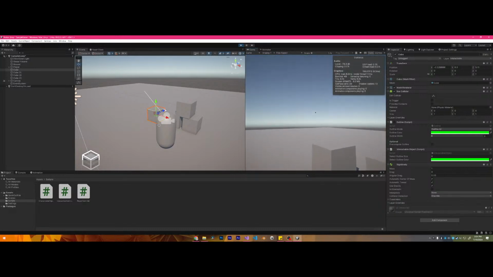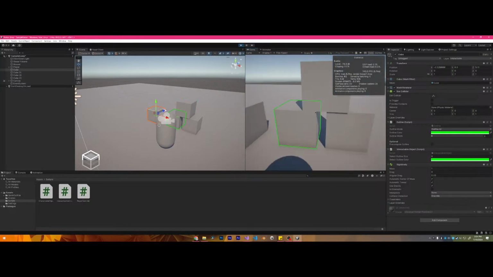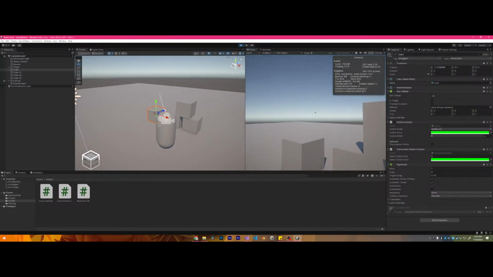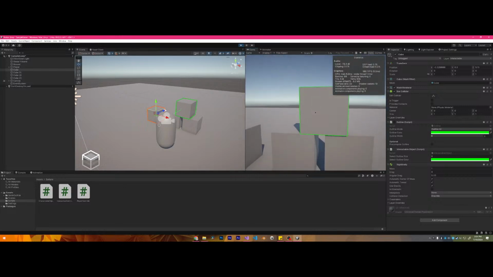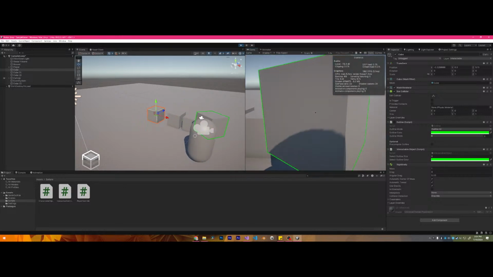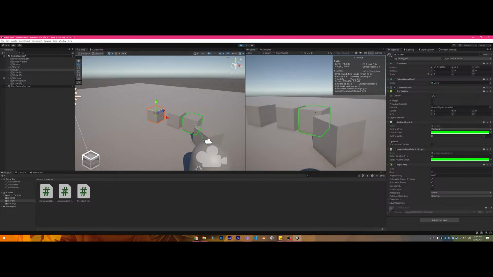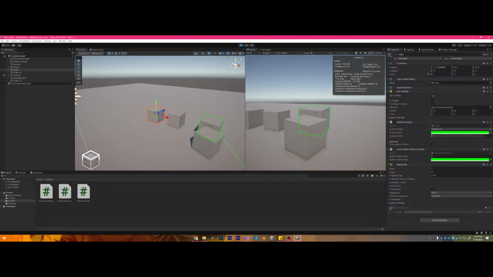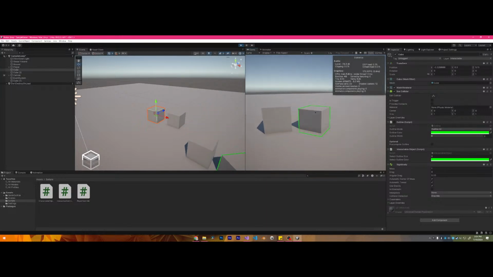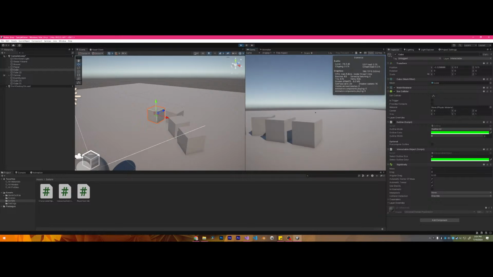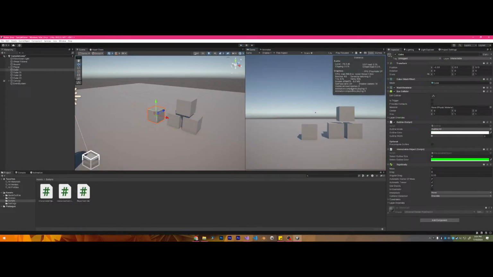I think I have it set for multiplied by Time.deltaTime. Alright, well this does technically fix the issue. There,